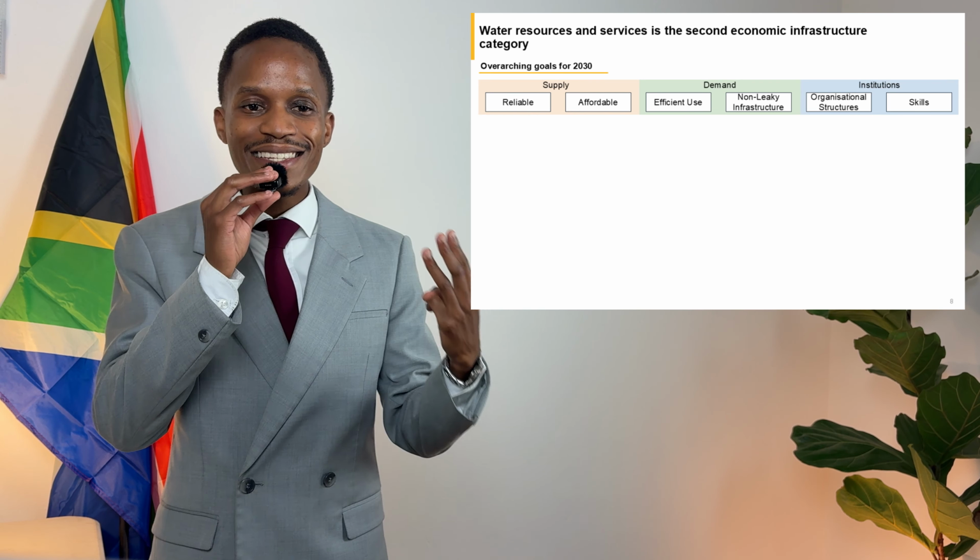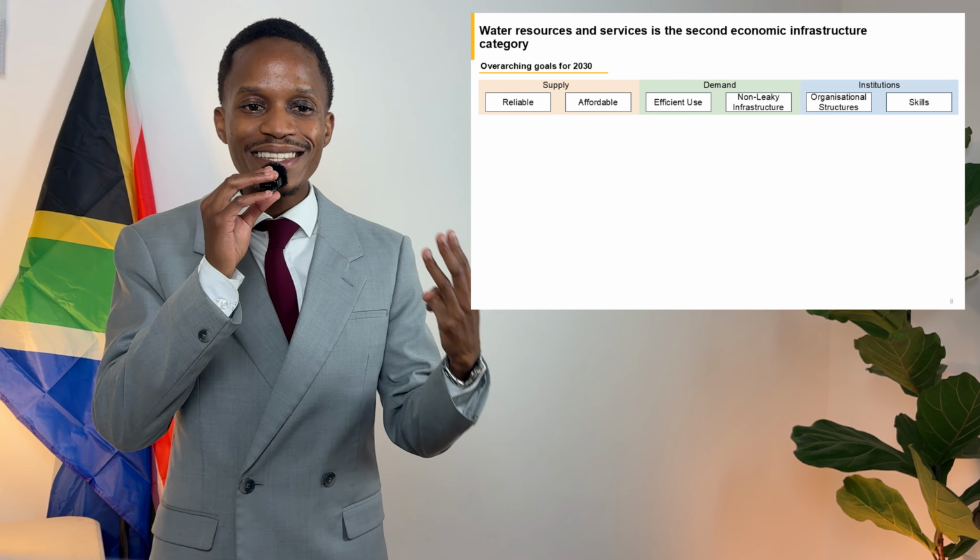Key characteristics of South Africa's water landscape in 2012 included the fact that South Africa was and is a water scarce country, ranked 148 out of 180 countries in terms of water availability per capita. While demand for water was growing rapidly at the time, infrastructure investment was simply inadequate. And there was growing concern that the state at the time simply did not have the required institutional structures to deliver on large-scale water infrastructure projects.